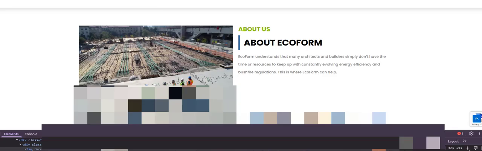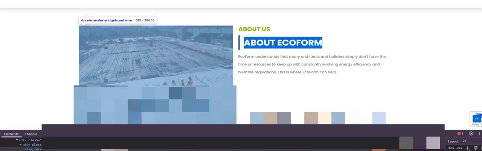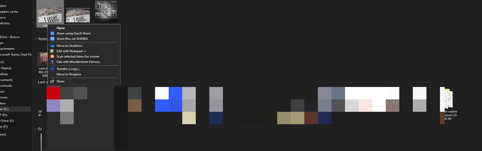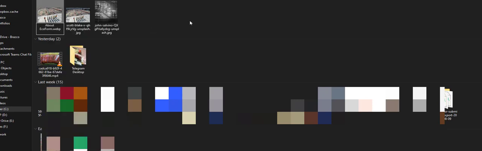If it is about Ecoform, we need to rename that to about Ecoform. Okay, so this is the one that we are going to upload to the website because it has the correct image dimension and the size is smaller.